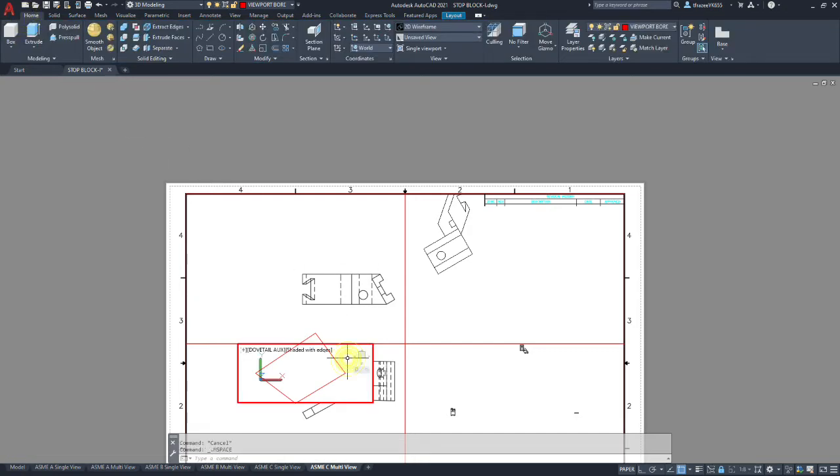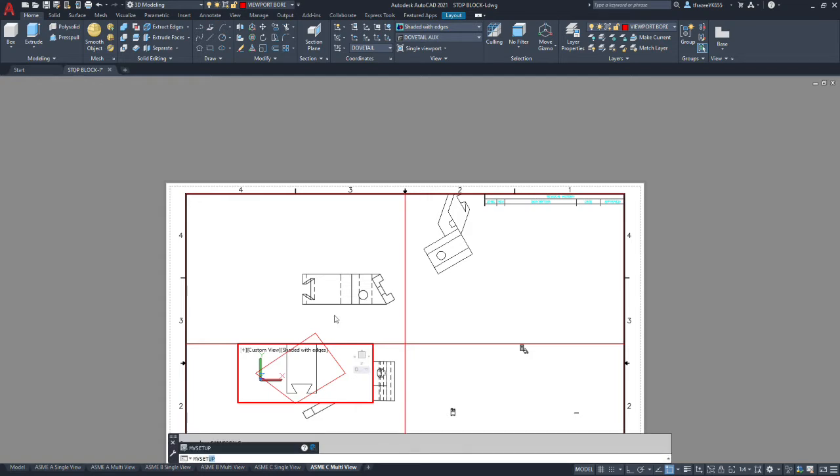Okay, so now we're going into that view, and we're going to unlock it because it's locked by default. If you can't do anything, it's because it's locked. We're going to change the zoom extents to extents. Then we locate the view, which is there on the right, and zoom in and get it close to where we want it, within the box that we've drawn that we're going to eventually trim our auxiliary view to. We change the scale to 1 to 4, just like the rest of the drawing.